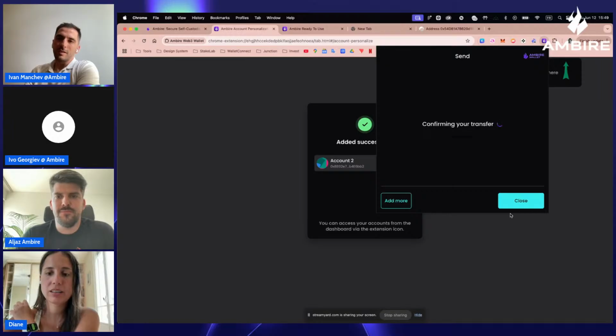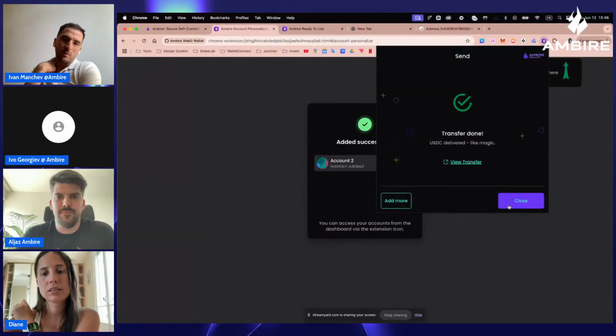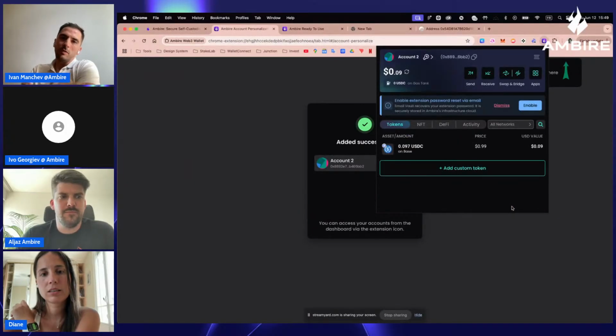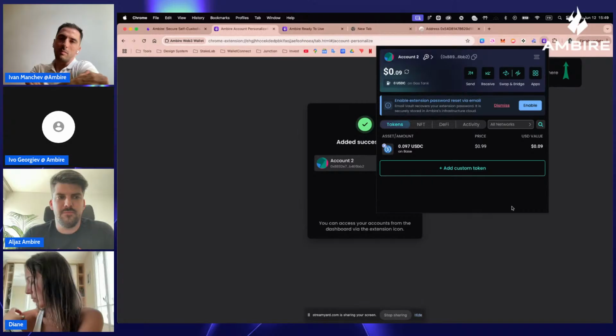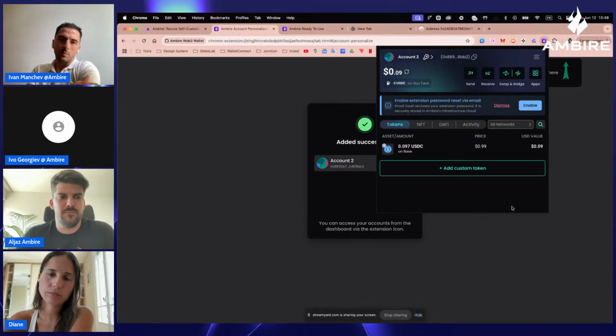The cool thing here is that, for example, this has been a problem for a long time on EVM chains because most wallets don't let you use other than the chain native token to pay network fees.